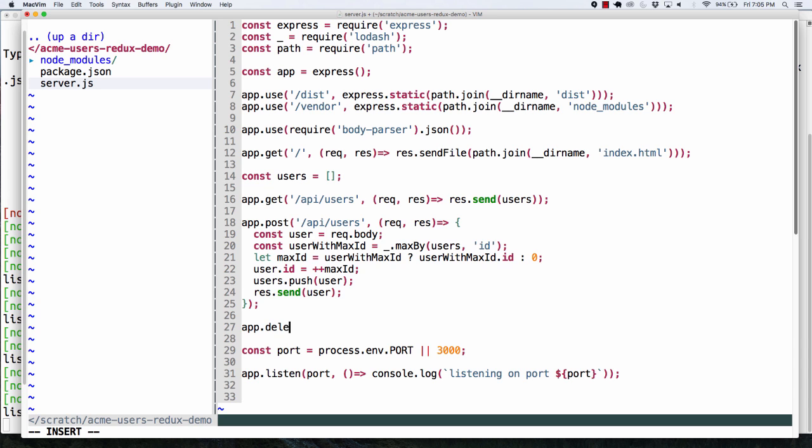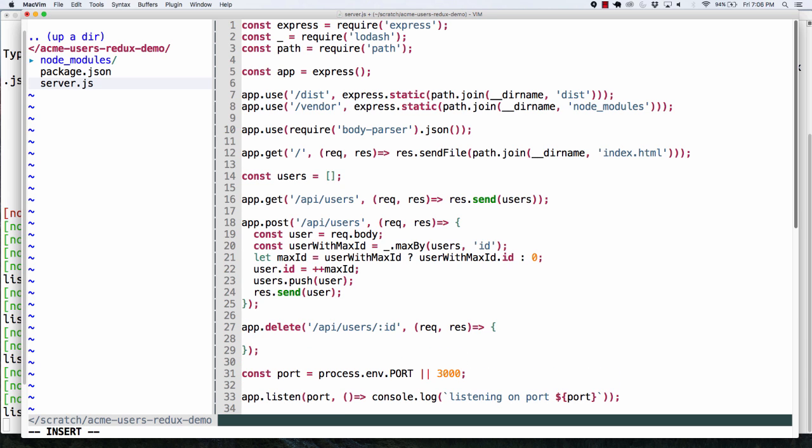But here we're going to do an app.delete /api/users/:id. And what we're going to end up doing here, we've got our request, our response. Again, putting this on two lines, I need those curly braces. And what I'm going to end up doing here is I'm just going to use underscore.remove. And underscore.remove is basically going to say, all right, I've got a collection of users. Which one do I want you to remove? And I'm going to say I want you to remove the one with the ID, request